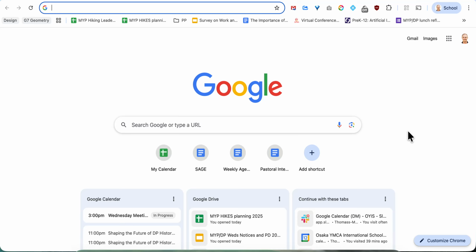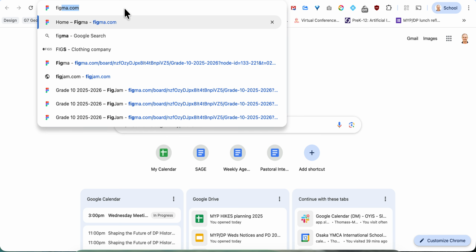Hi, grade 10 design. I just want to quickly show you how to download the Figma FigJam app for your Mac. So first thing we're going to do is we're going to search for Figma